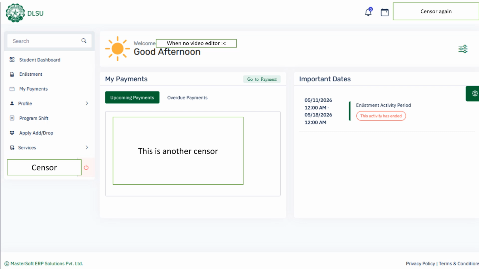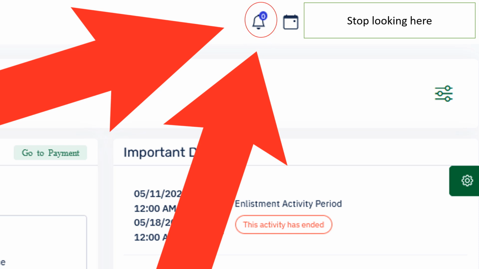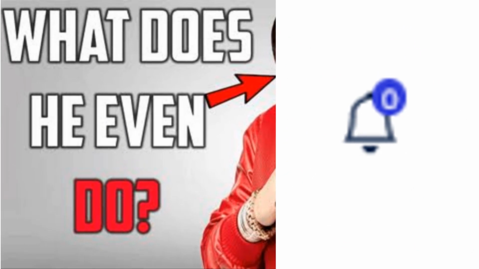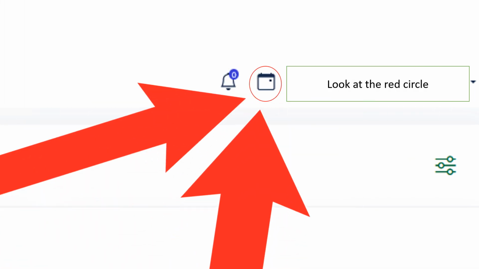First off, our student dashboard. From top to bottom, first we see is a website header. A bell notification icon, a bit redundant how there's still a zero icon indicating no new notifications, instead of removing the number altogether. Click it and nothing happens. A calendar icon, I wonder if it contains all the important university dates to take note of. Wow, a whole bunch of nothing.